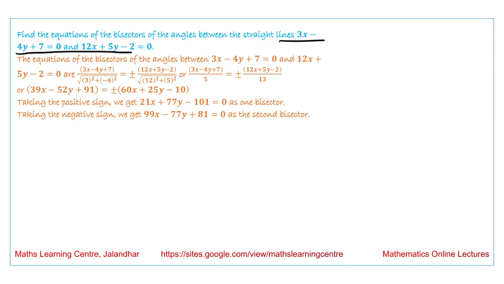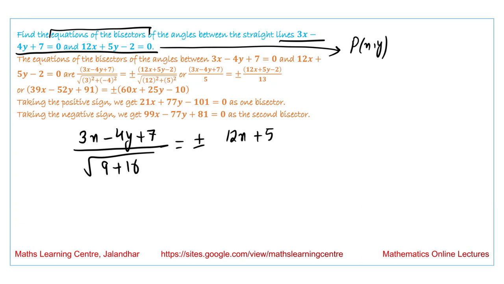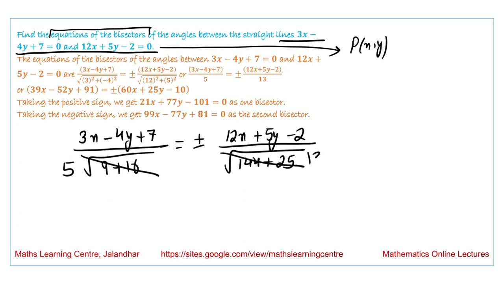These are the two equations given to us. Suppose the locus of the line we are talking about, the angle bisector, is P(x, y), these points we are calculating. So what we obtain from this is that (3x minus 4y plus 7) divided by square root of 9 plus 16 should be equal to plus minus (12x plus 5y minus 2) divided by square root of 144 plus 25. On solving this, we get this value is 5 and this value is 13,